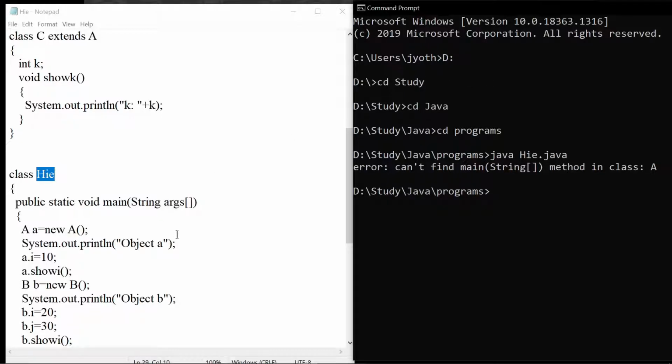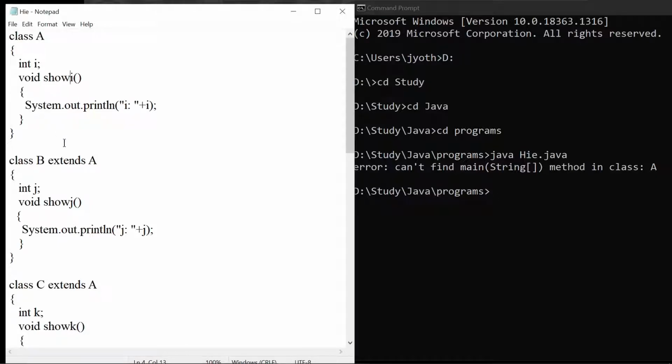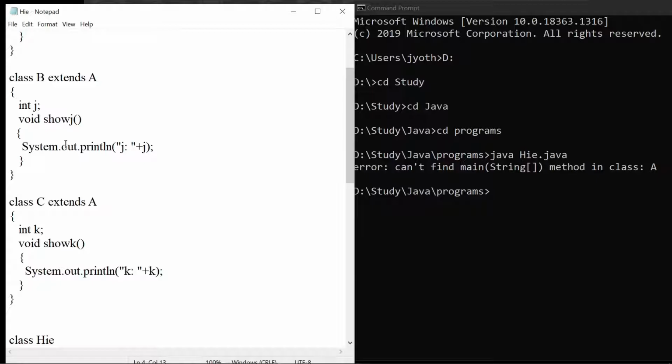It is showing can't find main, public static void main, string method in class A. Why is it showing like that? In class A, why is it showing can't find main?